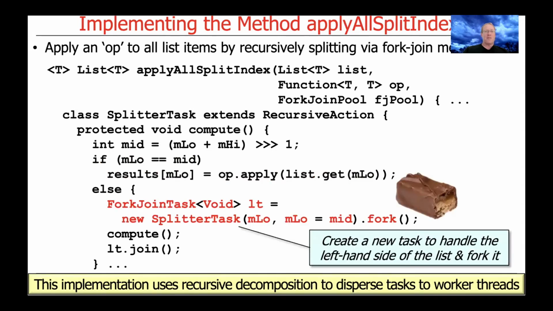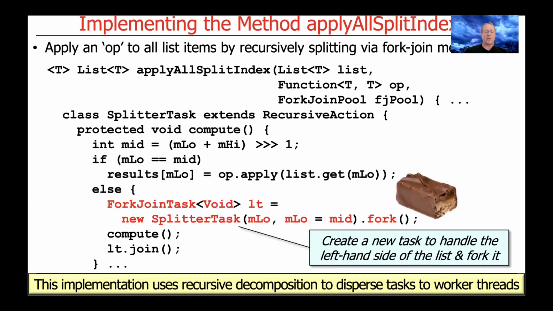If we don't have the base case, if we have something that's got 2 or more elements in it, then we're going to go ahead and create a new splitter task. And notice how we pass in mlow, and then we pass in mid, and we update mlow. And we'll make the new task to handle the left-hand side of the list. And then we're going to go ahead and fork it. So we make a new splitter task for the left-hand side of the list. We fork it, and then we store that in fork join task void, because there's no return value, called LT for left side task. So that's got ourselves the left side that's been forked, that's been arranged to run in